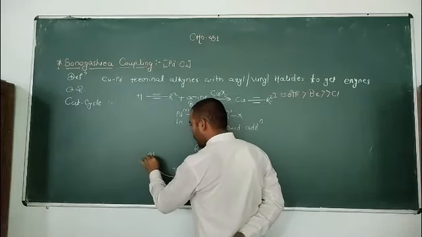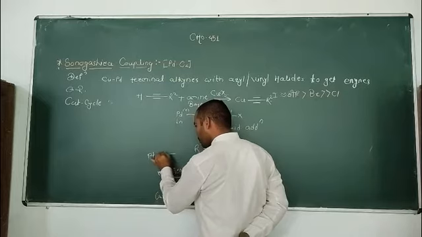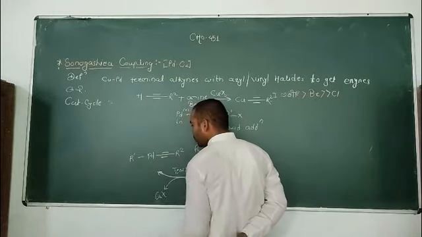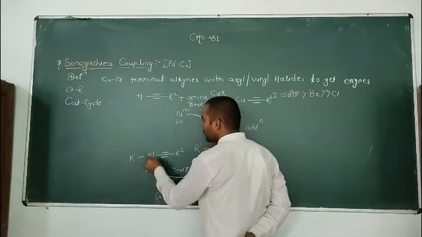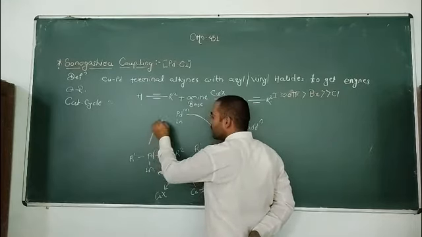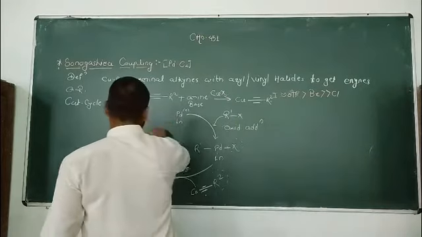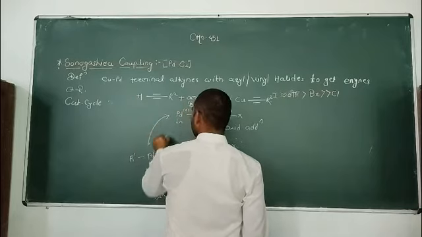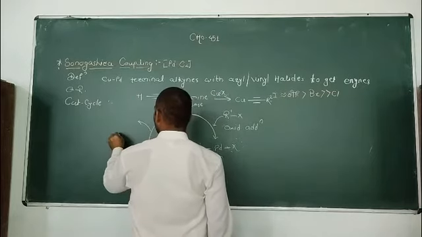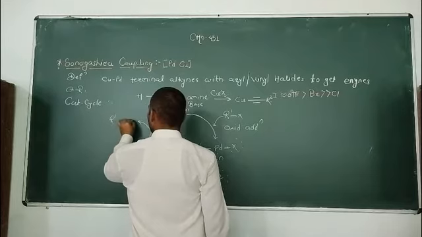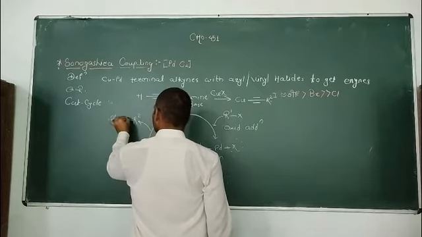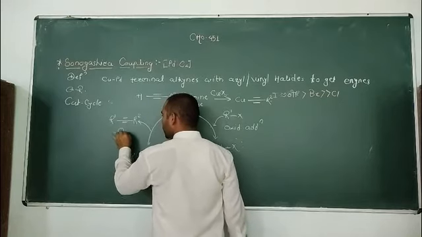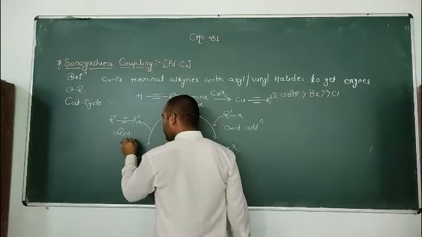Now palladium is attached with the alkyne group, the first R1 group and the ligand as it is, and in the last step there is reductive elimination. Reductive elimination takes place and we get a coupled product, R1 coupled with R2. There is formation of enynes. This one is the reductive elimination step.